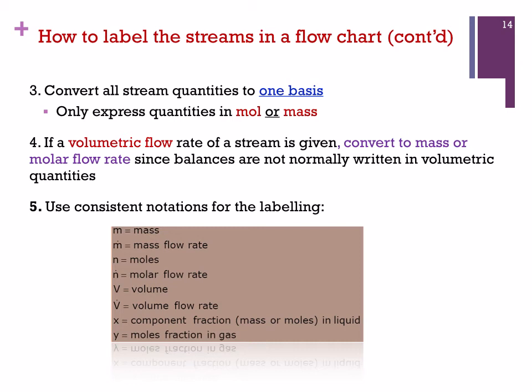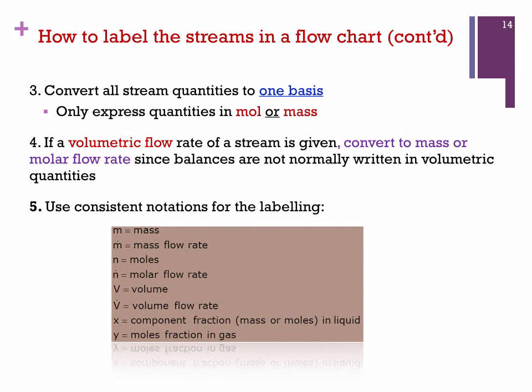Another tip is that if you are given mole fraction, it's better to convert all the flow rates or amounts into mole instead of mass, because you cannot easily convert mole fraction to mass fraction directly. You need to use molecular weight and so on, so it's a bit of a hassle. So it's better to use mole basis if given the composition in mole, similar to if given a mass fraction, you better use all of the streams in mass